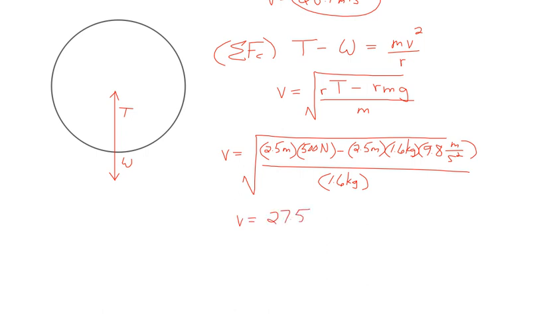So all the numbers were sort of close, but this was the one that was most likely, out of the three choices, that the string would break first. If you just slowly increase the speed, that's going to break first. So anything above 27.5, it's going to snap. Any questions? All right, so that was